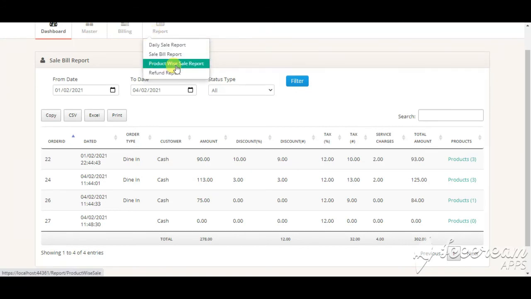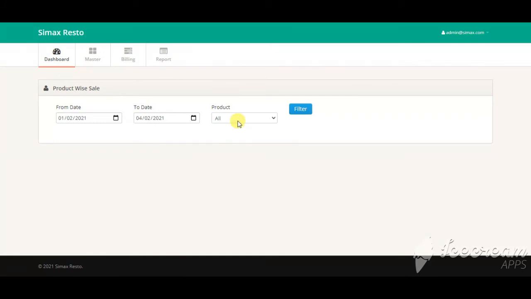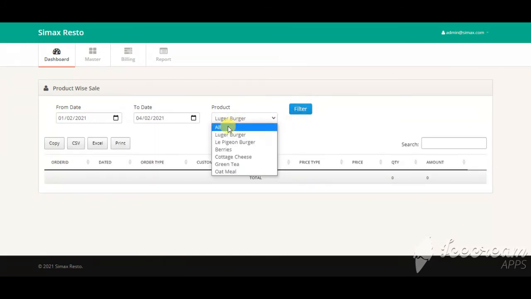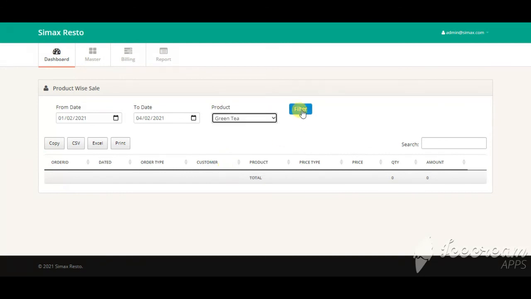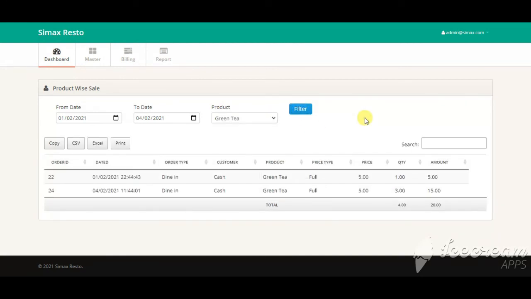And the third one is a product wise sale report, so you can find out which product is selling more, like this one.